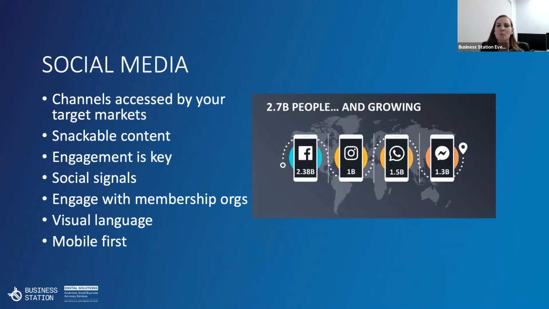And what that means is small bits of information that perhaps lead back to blogs on your website or more information, but you don't want to get into telling the full story on social. Social media is generally a place where people can go to escape. So you want to keep that information light and get that engagement. So snackable content with a visual, and I've got on your screen there, a visual language is really important. That visual language being images, videos, that kind of thing, does make it a lot more easy to digest, a lot more snackable. Now, engagement is absolutely what we're looking for here. We don't just want likes, we don't just want views, you want comments, you want shares, and you want two-way engagement.